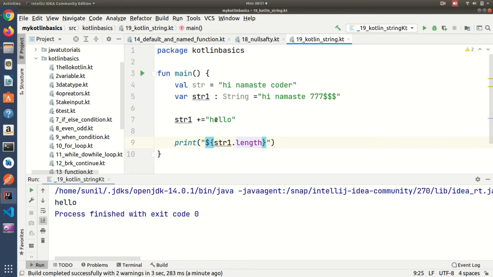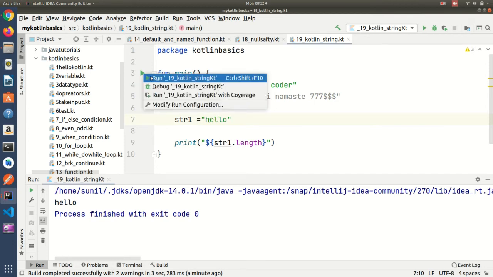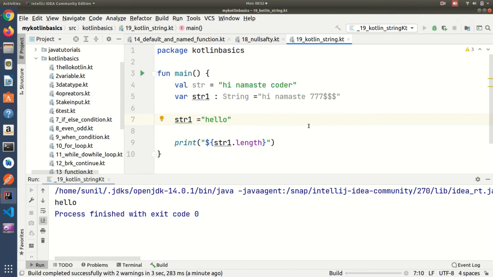Right now, if I remove this, it is 1, 2, 3, 4, 5, so it should print 5. Yeah, it printed 5, but the positions go 0, 1, 2, 3, 4, up to 4. Like that we can print the length of the string. Many times you will get a scenario in which you have to print the length.